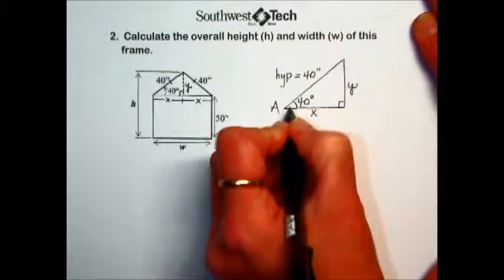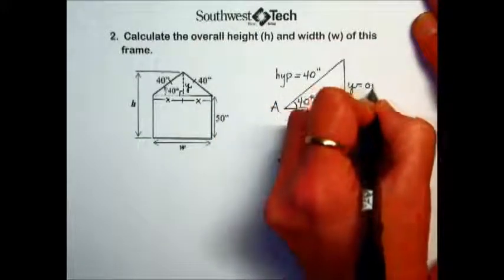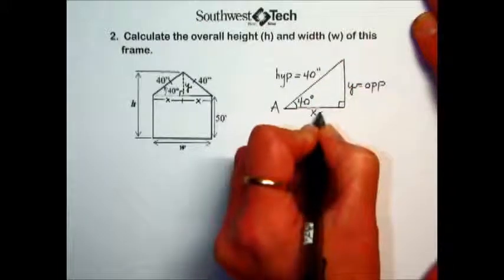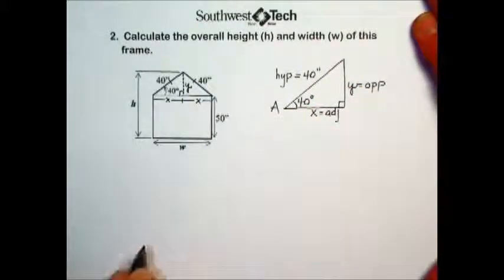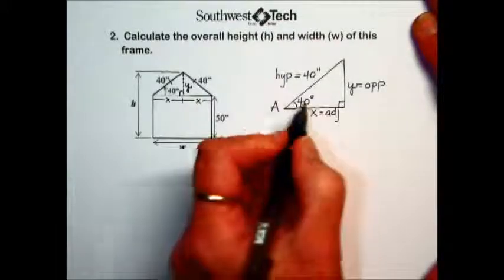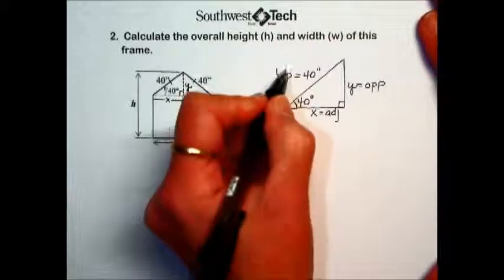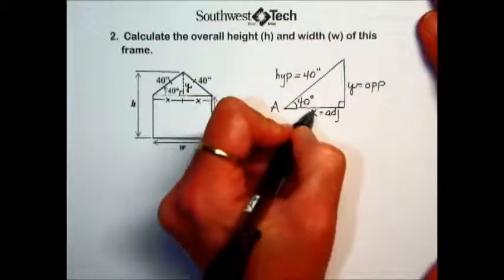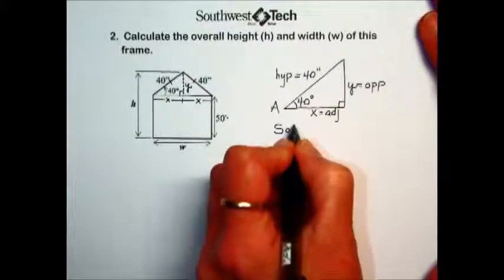With this angle as our reference, this leg is going to be labeled opposite, and the third side is adjacent. Let's find the measurement of the adjacent. And since we know the hypotenuse, we'll use the trig formula that uses